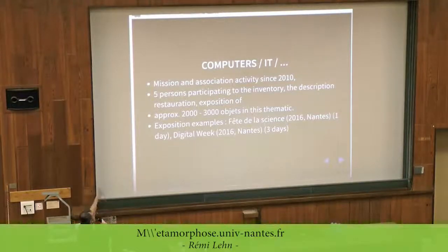We manage the inventory, description, restoration, and exposition of approximately 2,000 to 3,000 objects in this thematic. I'm not completely precise on the number, because some of these objects are exposed but are from other institutions other than mine, and of course I would not attribute to my university an object which is not from my university. So the reason why this number is between 2,000 and 3,000, I have no precise idea today of the number of objects, because the objects are